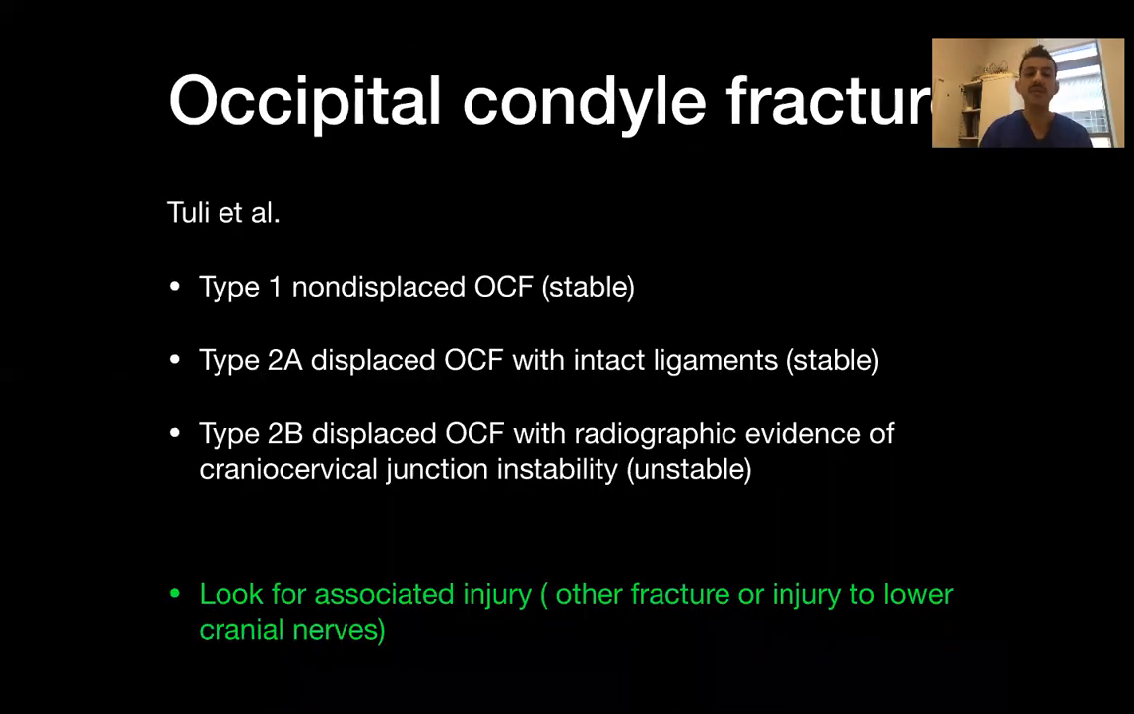Next, occipital condyle fracture. It's not surgical disease. There are lots of classifications that exist, but I like this one. Type 1, if it is a non-displaced fracture, it's stable, just a collar. If it's displaced, look for ligament. Ligament intact, just a collar. Ligament not intact, then you look for other injury. Usually you have craniocervical instability, so you'll end up with surgery. So always look for associated injury or any cranial nerve deficit, for example, hypoglossal, because it's not far from hypoglossal